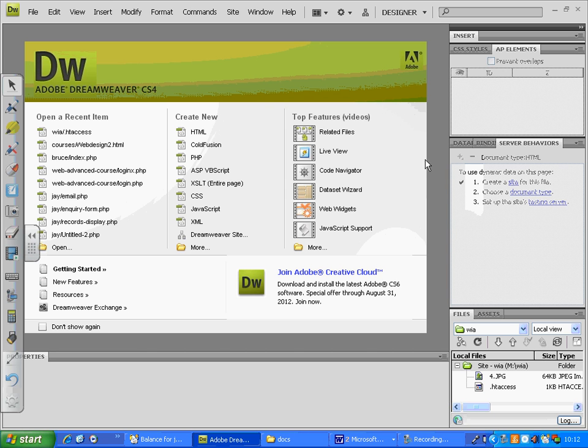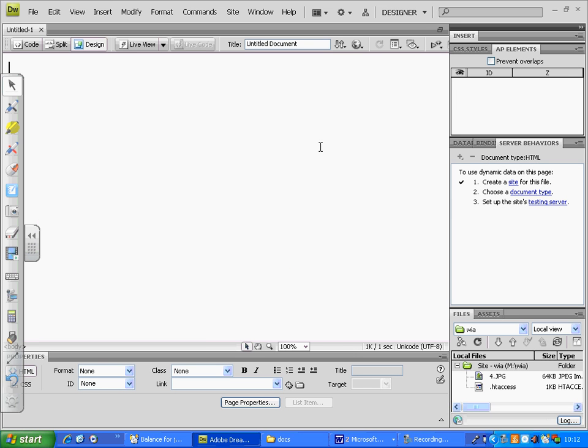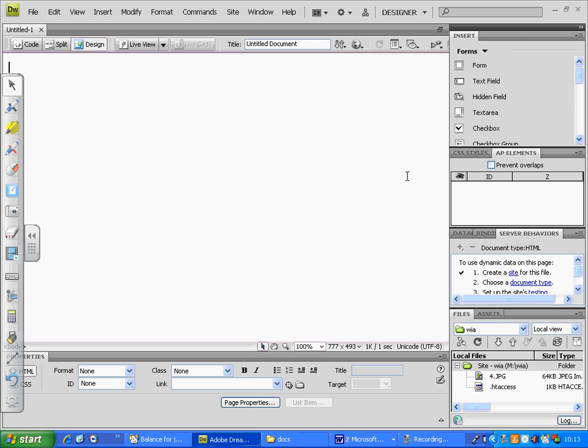Right, so as I said, we'll see how Spry works. I'm going to open a blank HTML page for you. Okay, and from the inserts panel, let me insert a basic table. So I'm going to go to the common, insert table,